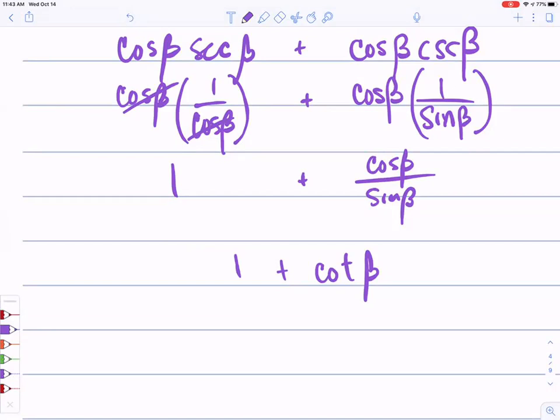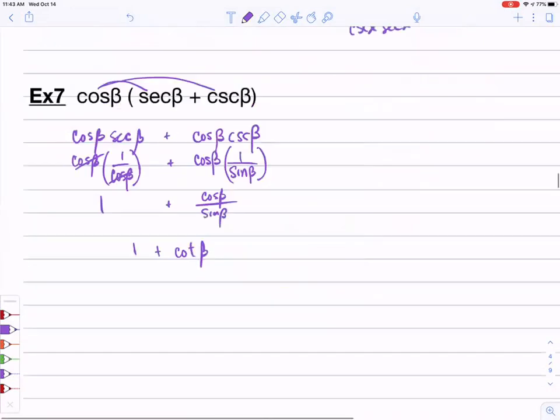Is it equal to cosecant? No, why not? Yeah, so guys, here's a big lesson for today. You can only use Pythagorean identities if you have squares. Okay, big deal, big deal. All right,